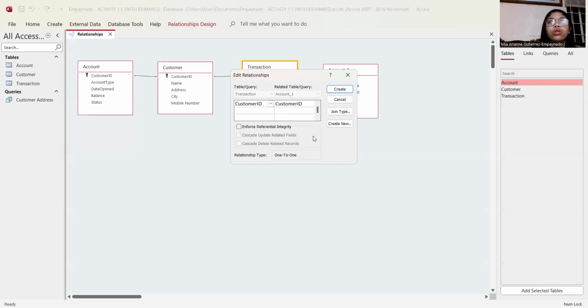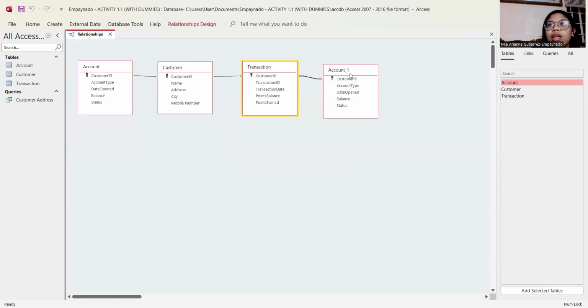But you can also choose the other fields if you want to connect that one. Here, I'll just click create and you'll see there's another link in here. This line can be extended wherever you want it to go.